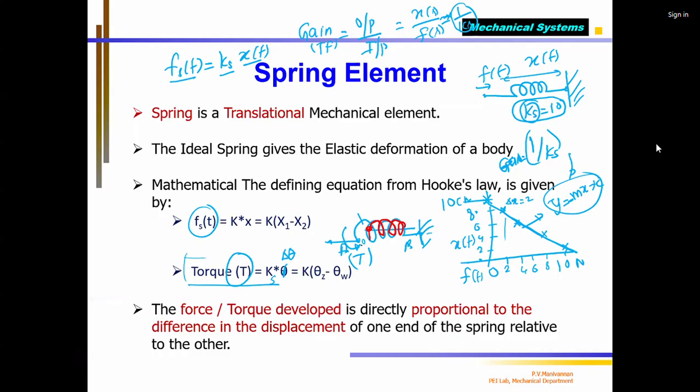But the end will come here. Instead of here, it has moved to a new angle. If you measure the angle, that is what I call theta z. Correct? So the initial angle was 0. Now by giving a torque of, say, 5 Newton, the end A is twisted by 30 degrees. So 30 minus 0 is the delta theta, multiplied by the spring stiffness is the torque. So again, I can get an equation. So this is how the spring element can be